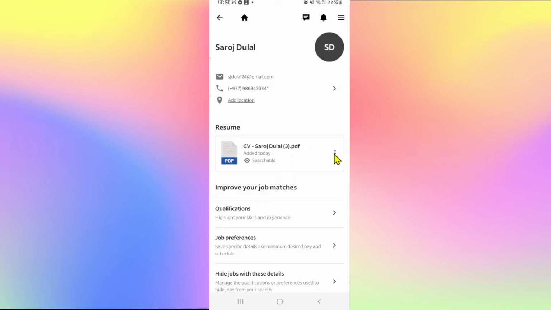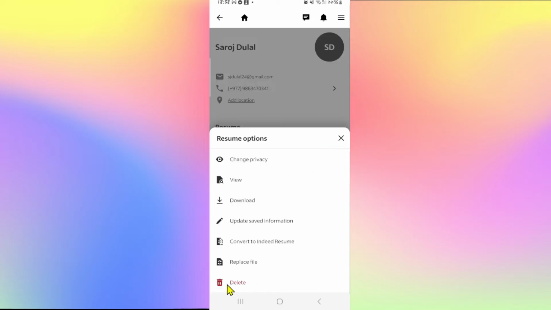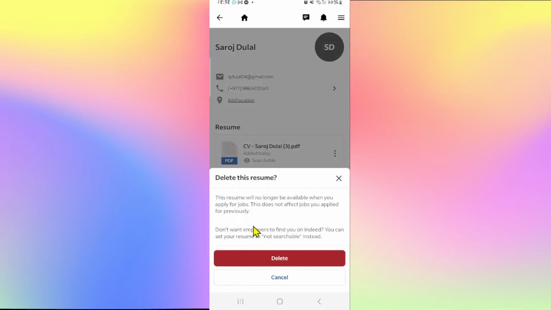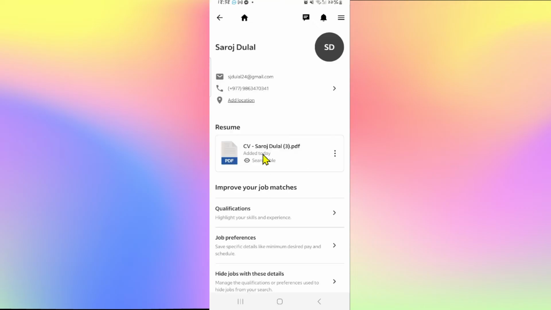You can simply tap on the three dots at the right side, and you will see the delete option. Tap on delete, and you will be asked whether you are sure that you want to delete your resume. In order to provide your confirmation, tap on the delete button once again, and now your resume will directly be